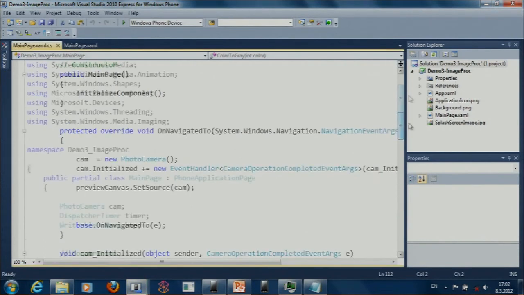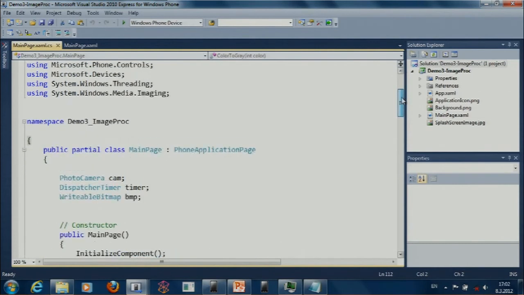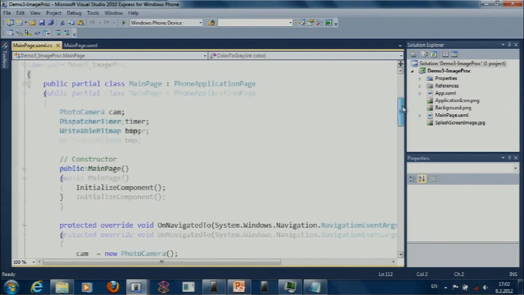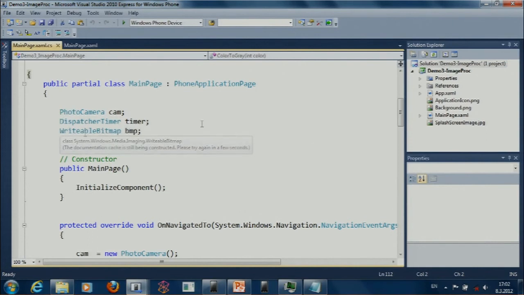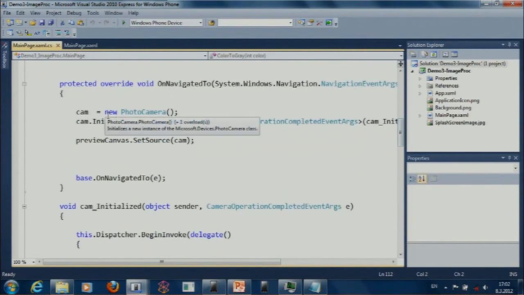The brute force approach, you cannot do it, of course, in the same thread. The brute force approach is to use either a separate thread for processing the integer array, or use some kind of dispatch timer. And the dispatch timer is the brute force approach. So as you can see in this application, we have again only camera, dispatch timer, and writable bitmap. And nothing special, again, just creating the camera and assigning it as the source of the video brush in here,